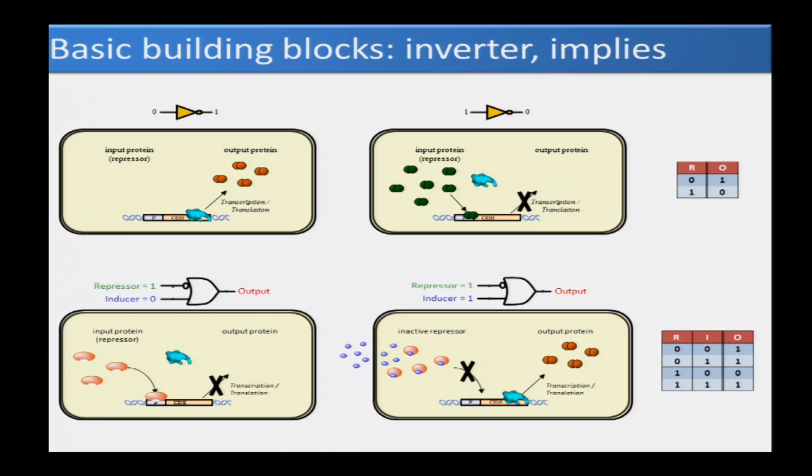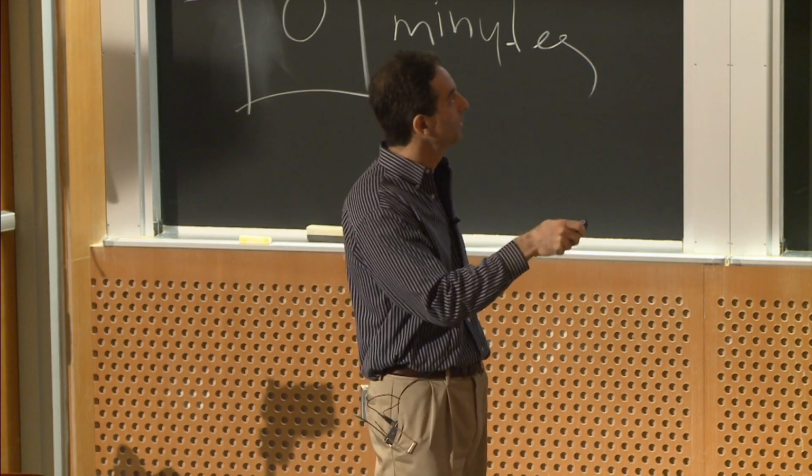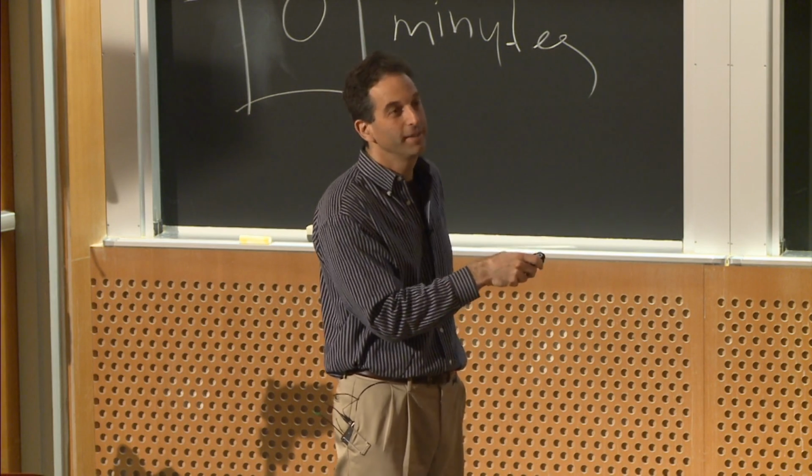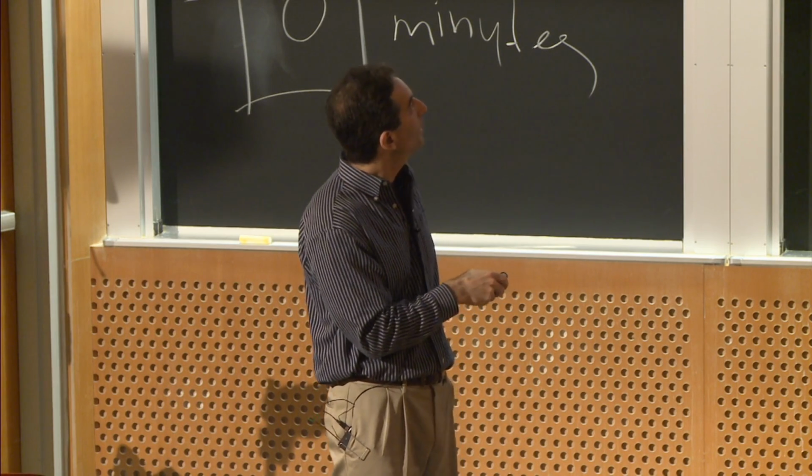How many people have used the implies logic function to do anything? Okay, so it's not a commonly used logic function, and there's no logic gate that does the implies logic function in a typical computer, but this is a useful logic function that we can implement in cells, and it allows external control of gene expression. Okay, and so once you can do that as a user, essentially you can interact with the cells and modify what's going on inside the cell. Okay, using a pretty simple looking mechanism that predates synthetic biology, if you will. But I don't know if that was called the implies logic function before. So anyways, so then